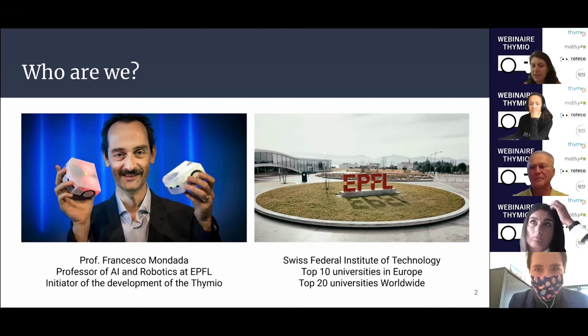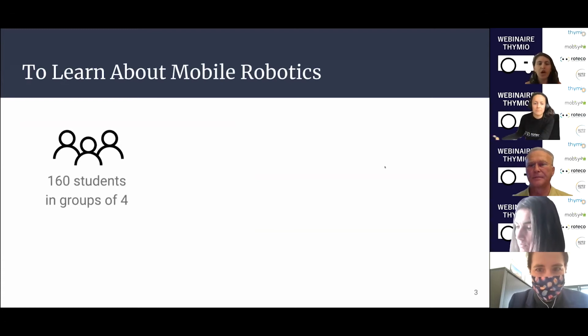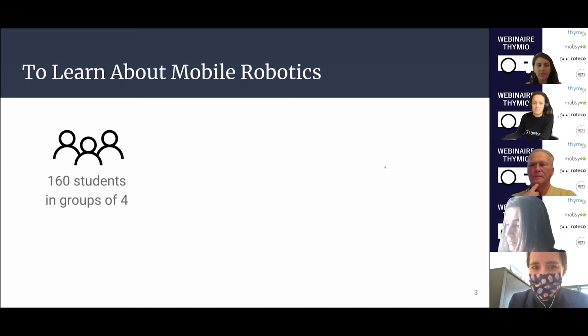It's also called EPFL, and it's one of the top 10 universities in Europe, and also one of the top 20 universities worldwide. So I said that we were using the Thymio at the university level. We're using it in a master's course with robotics students to teach them about mobile robotics. And the idea is that we cover quite a few topics related to this, and the students get to implement a project on the Thymio robot at the end of the semester. Last year, we had about 160 students that we put into groups of 4, and they had about 3 or 4 weeks